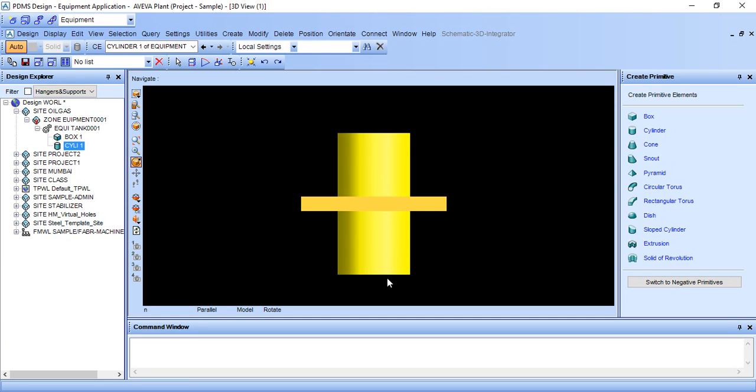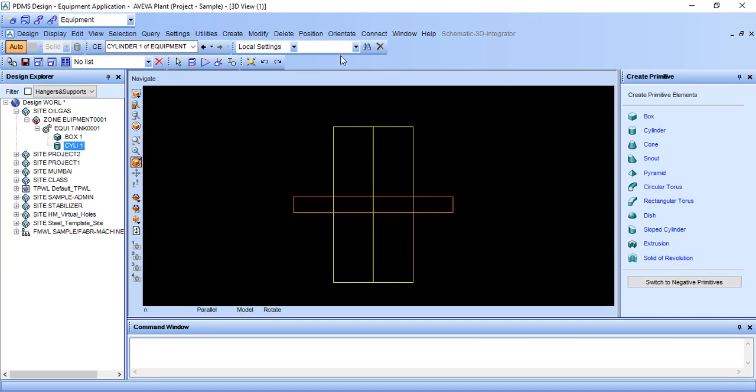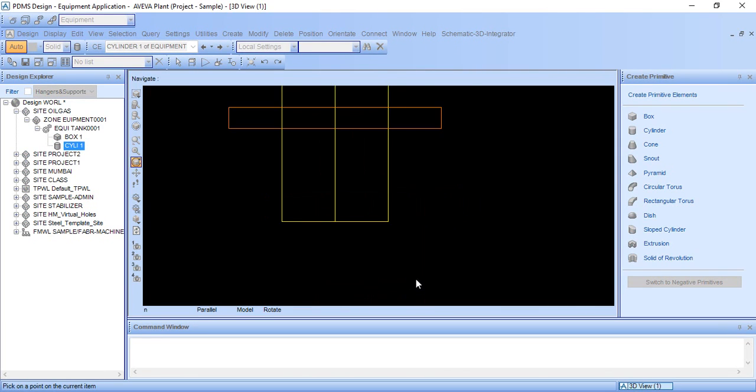So we need to move this face to this face. Press the F8 button, that is function 8 button, and go to Connect Primitive ID Point. This is the command for connecting two surfaces.